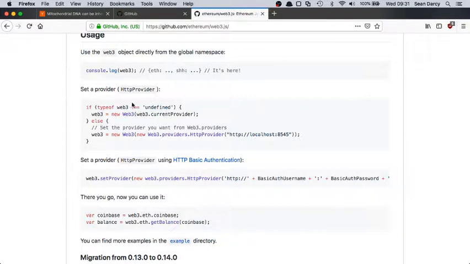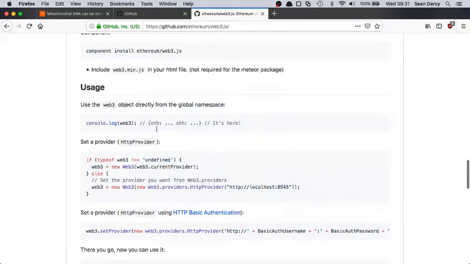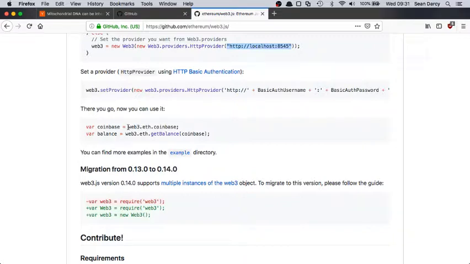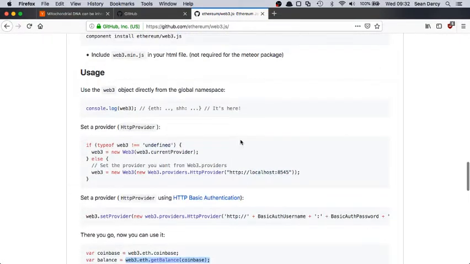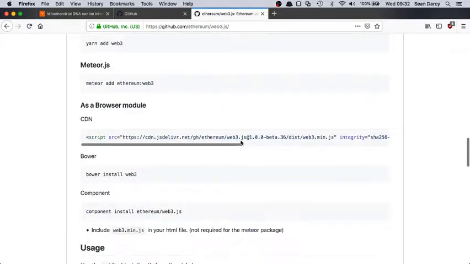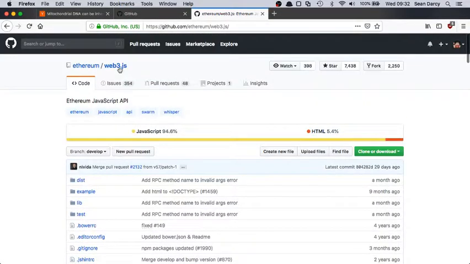So you run Geth on the side, and then you spin up a script that tells the script where the node is running, and then using that you can do things like get the Coinbase, which is an address in this case, or get the balance of the Coinbase. It really is just like when you want to talk to your node and tell it to do things, you have to send it commands,